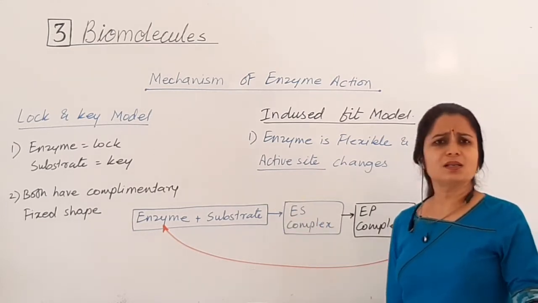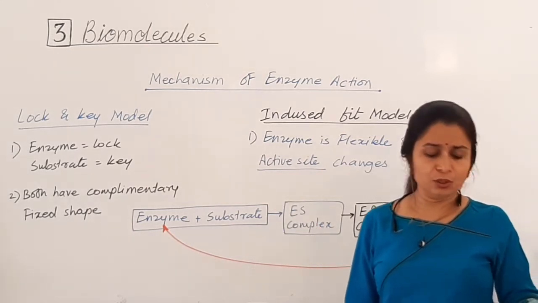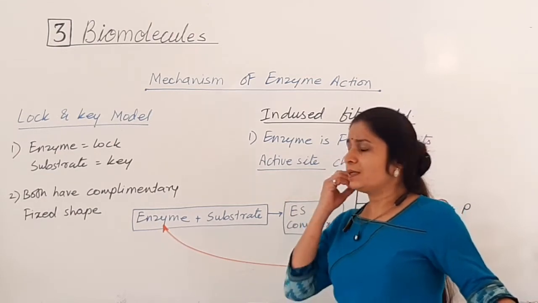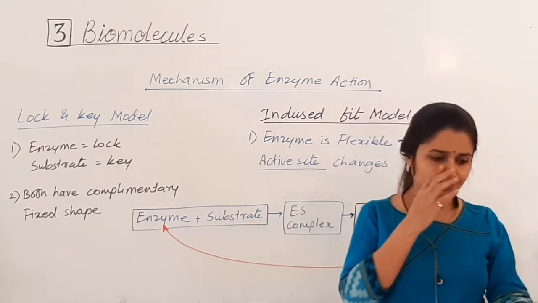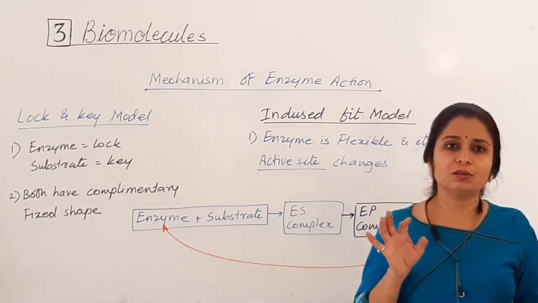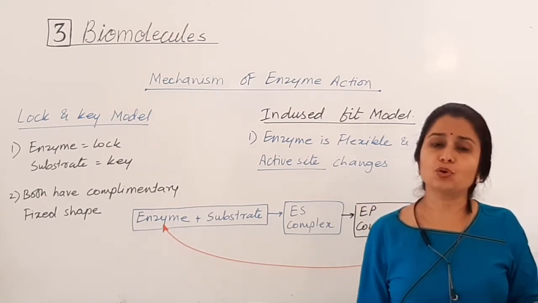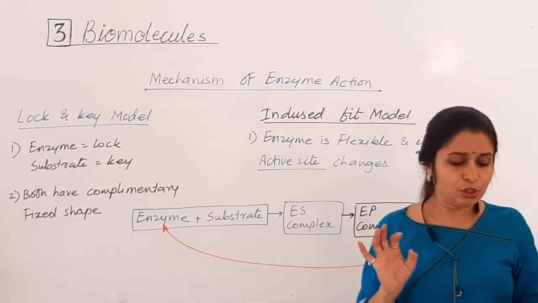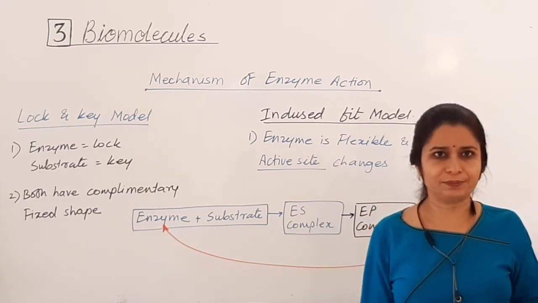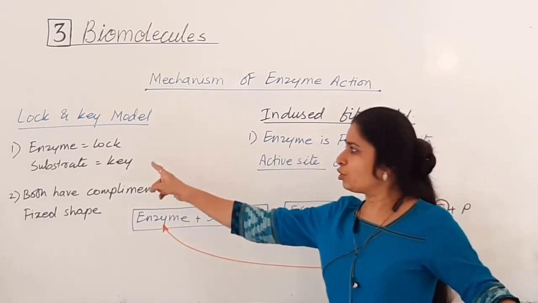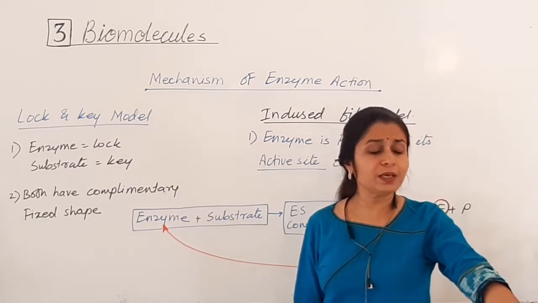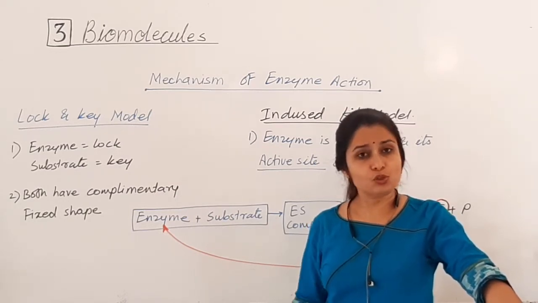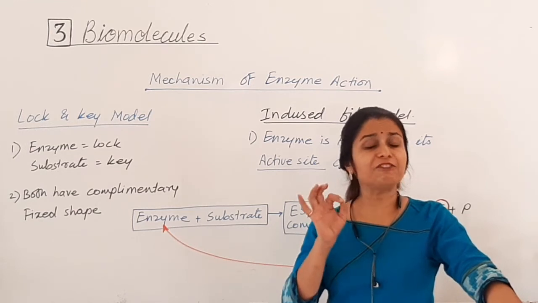लेकिन थोड़ा शब्द की तरफ अगर ध्यान देते हैं, तो see, lock is the enzyme and substrate is the key. For a particular lock, there is a particular key. So, हर lock, that is enzyme के लिए एक key है substrate जो उसको पहचानती है. Right? So, enzyme is a lock, substrate is the key. Key recognizes its own lock and gets fit.